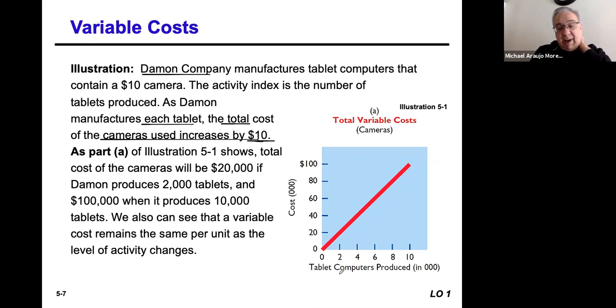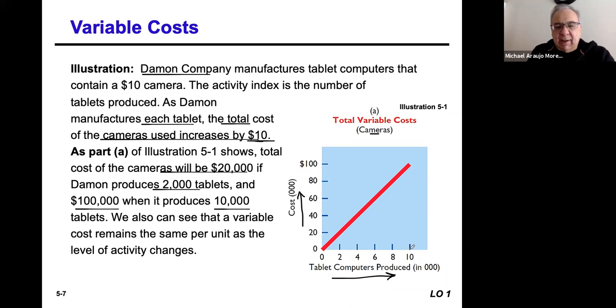So as you see in the graph here, the more and more computers they produce, right, the higher and higher the cost that they'll incur to put cameras in it, right? So the cost of cameras are $20,000 if they produce 2,000 tablets, but the cost of cameras is $100,000 if they produce